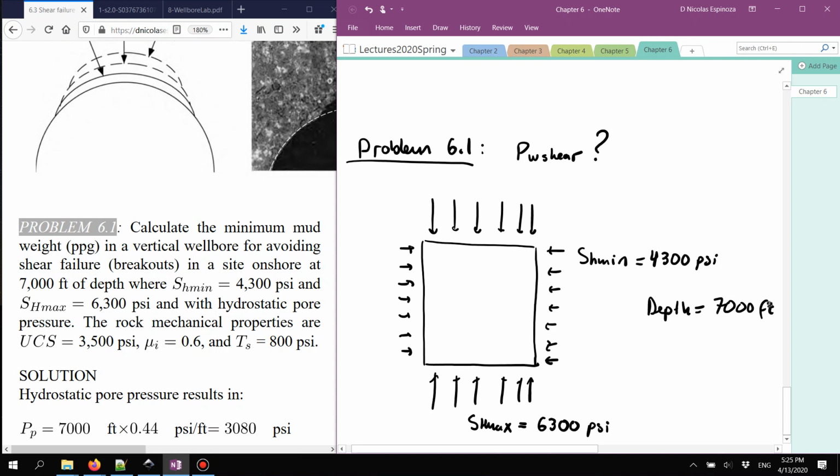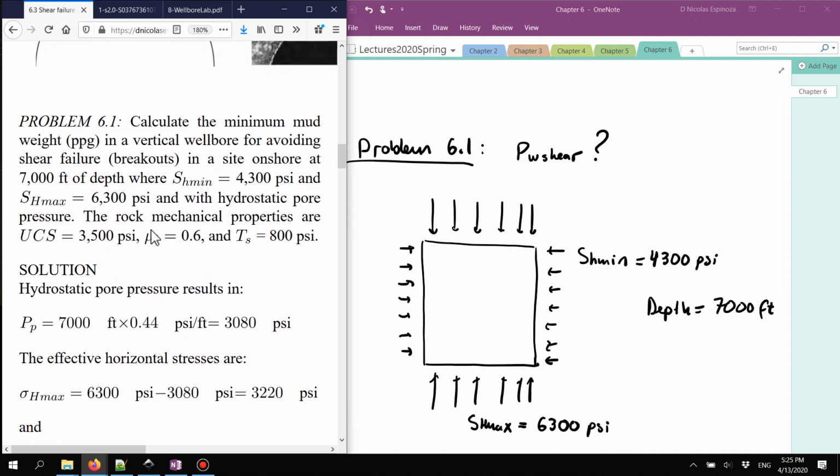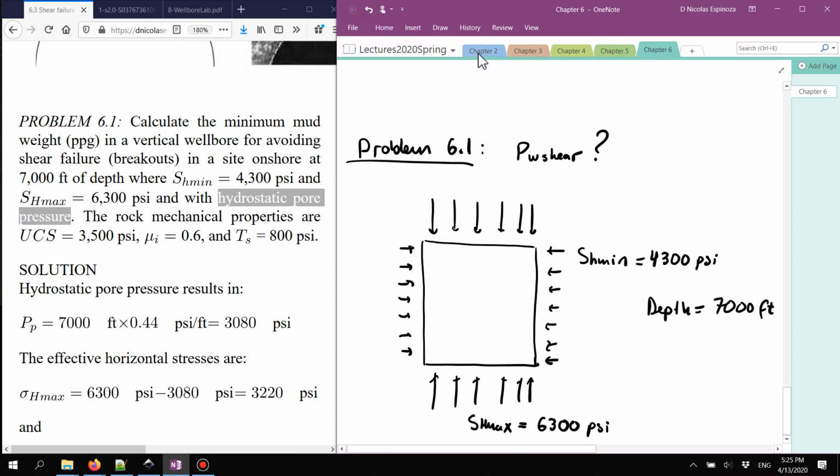And it doesn't say over here. Oh no, it does say over there, hydrostatic pore pressure. And it has a given pore pressure in the rock. I'm just going to draw it like this. And of course, we have a wellbore in the middle. Okay, so the question is, what is going to be this minimum mud weight